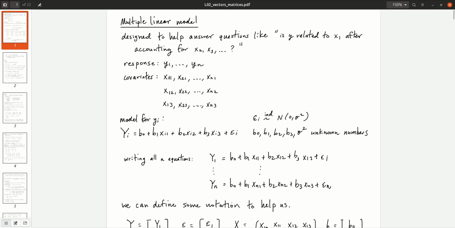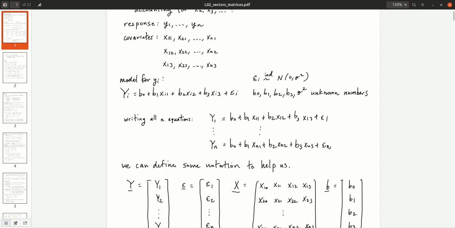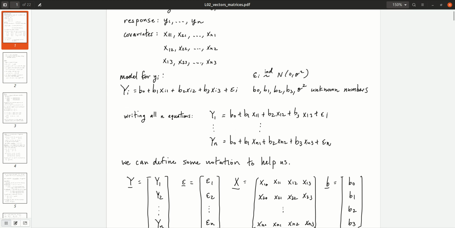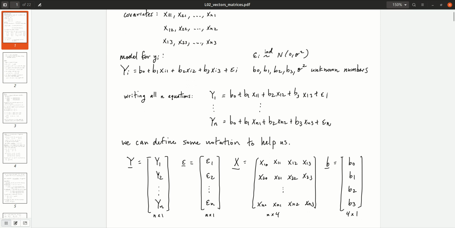Now if we take these n subjects and write the model equation for all n of them out like this, this is going to get pretty tedious. Even I got lazy here and I just did dot dot dot instead of writing them all out. But it turns out if you use vectors and matrices, there's a convenient way to write them out much more